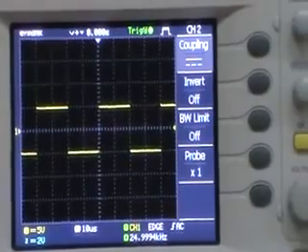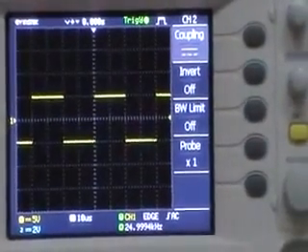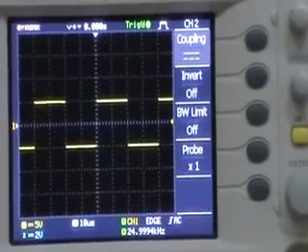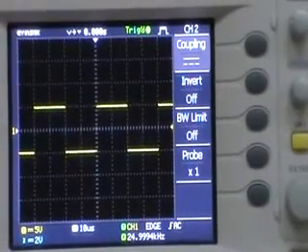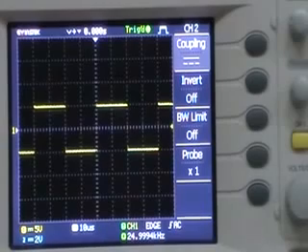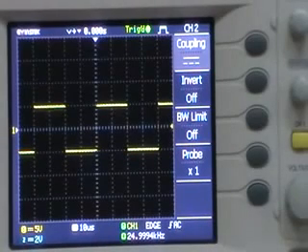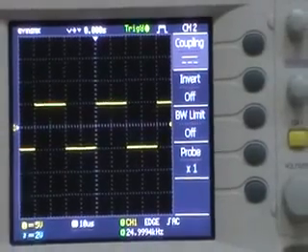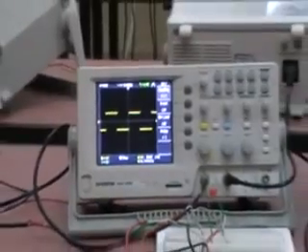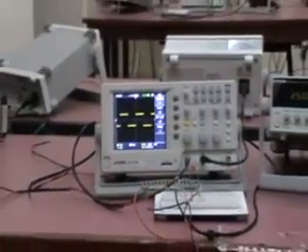After completing this, we have to observe the time response of this particular circuit. For observing the time response, we have mainly 3 different cases. The first case is whenever the time period of the square wave is far less than the time constant of the circuit. The second is when the time period of the square wave is almost equal to the time constant, and the third is when the time period of the square wave is far greater than the time constant.